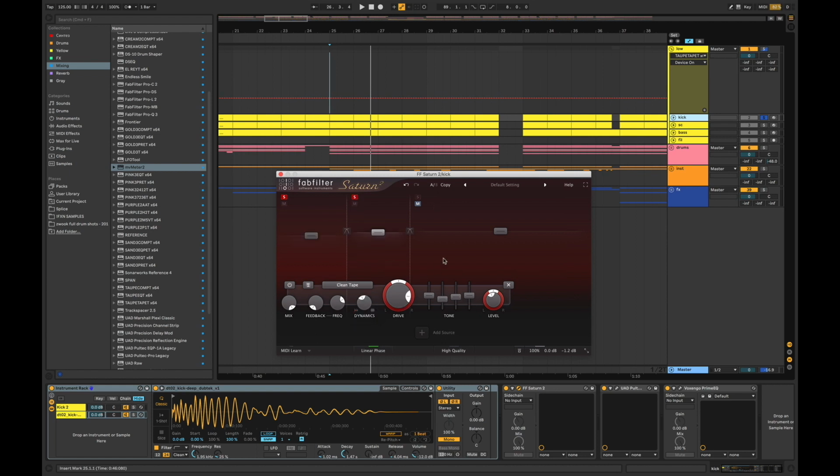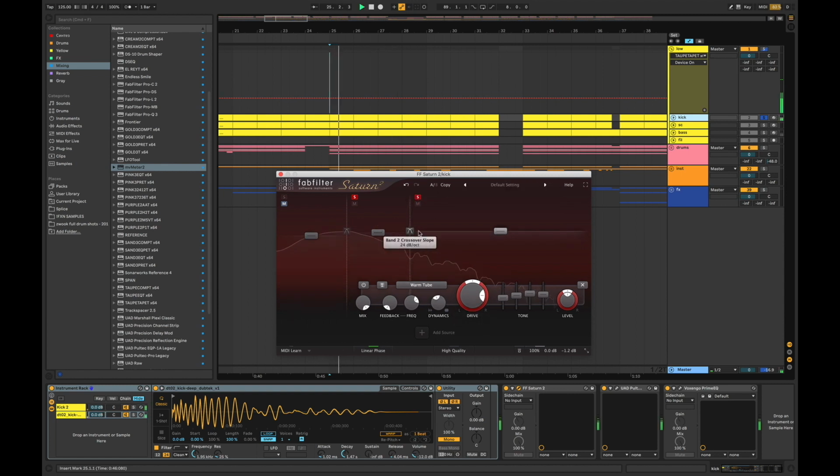So the second band is the punchy band, and on its own sounds like that. So if I increase the dynamics, we will get that distorted kind of sound. And finally, the last band is the click. And altogether,